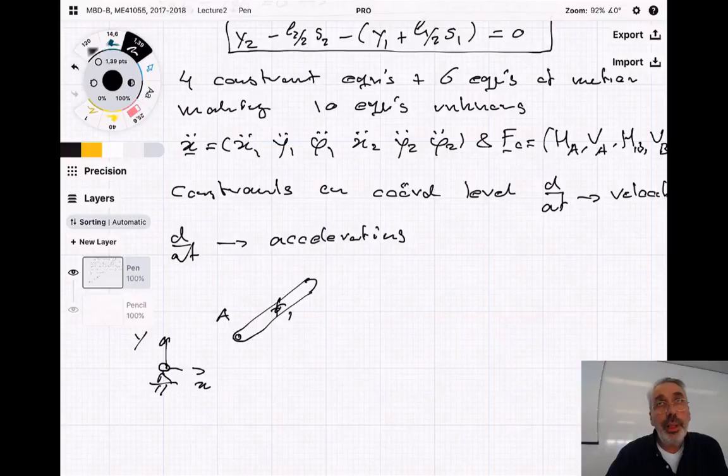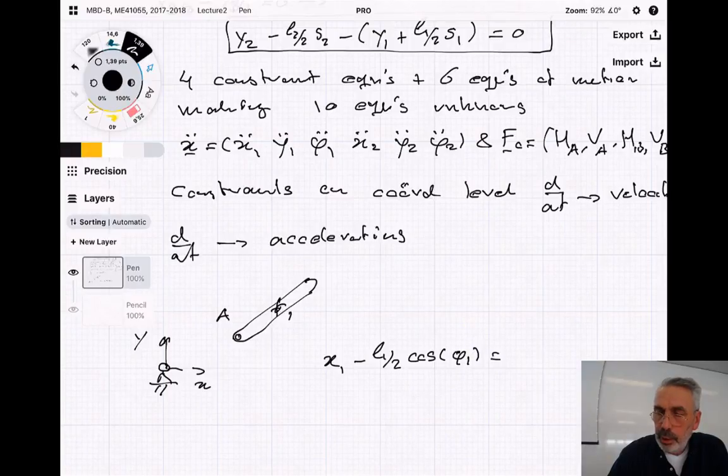Now the first constraint was something like x1 minus L1 over 2, and I'm going to write it out completely, times the cosine of phi 1 is 0. So that tells us something about the coordinates. So we differentiate now with respect to time, and what do we get? X dot 1 minus, is there an L dot 1? Because